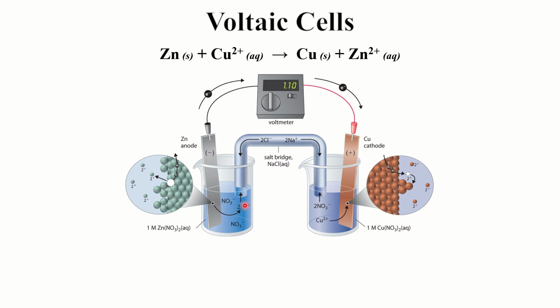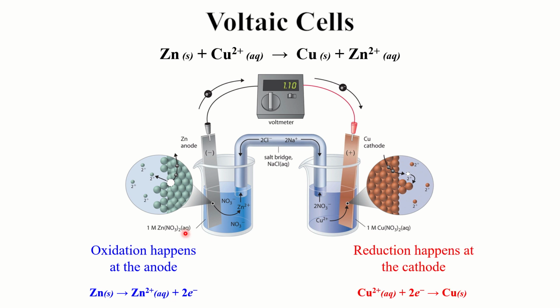So what we have going on here is we have two half reactions. We have an oxidation half reaction, which occurs at the anode, and we have a reduction half reaction, which occurs at the cathode. So again, it's important to note that oxidation happens at the anode and reduction happens at the cathode. The way that I usually remember this was that the vowels go together, oxidation anode, and then the consonants